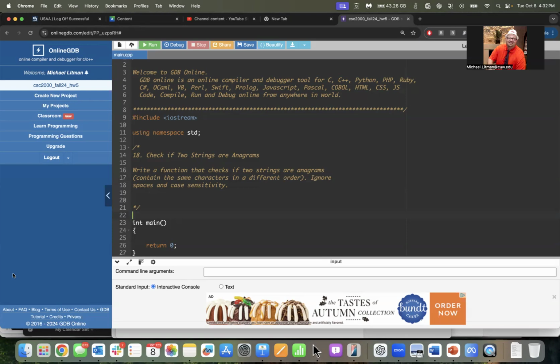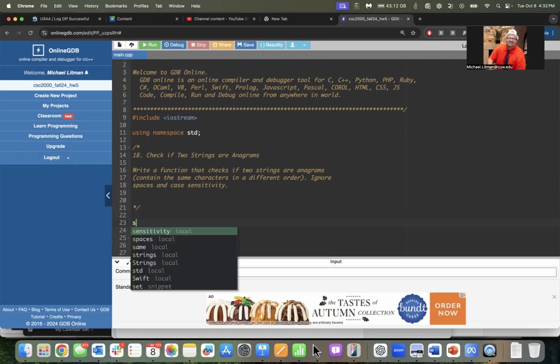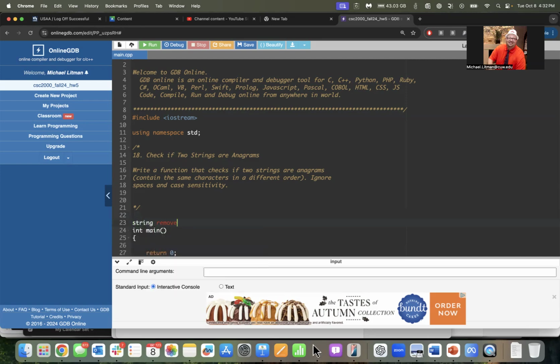So what I'll probably do is remove all spaces and make everything lowercase, something like that, and then compare the resulting strings. So let's go ahead and write a function string. We'll call this